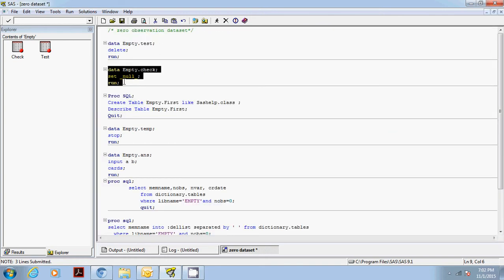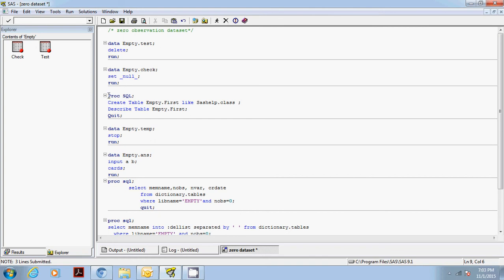As you must be knowing, data null is a fictitious dataset. We use data null to use macros or some functions, but in actual you don't create a dataset. So we are using the same thing here. What it's going to do is create a dataset, but there will be no records in it. That is our main criteria.